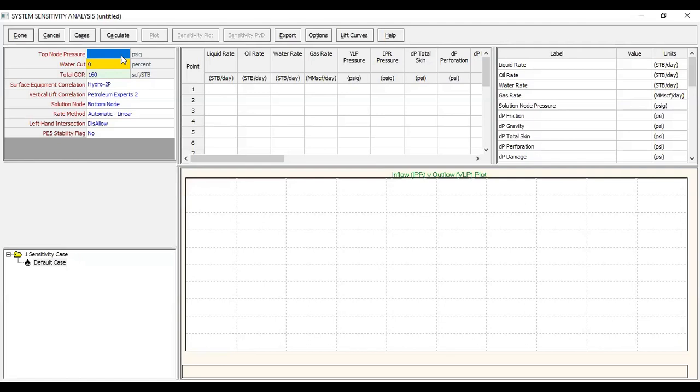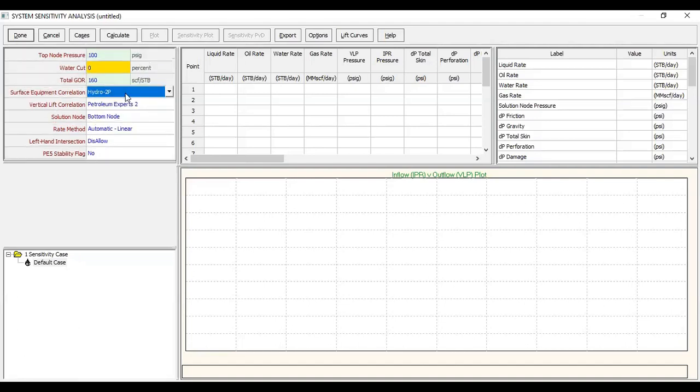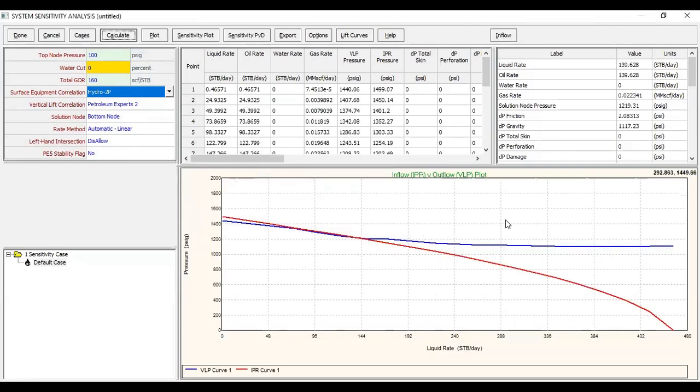The top node pressure in this case is 100 psig. For the vertical lift correlation, I will use the default, Petroleum Experts. Calculate. Show calculating data.